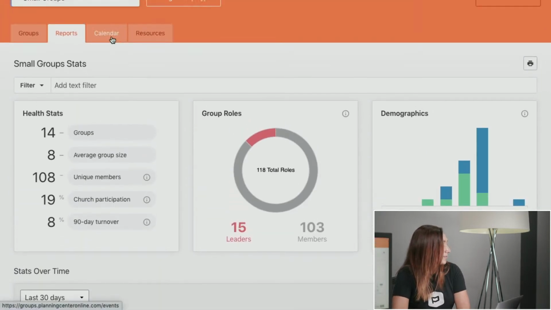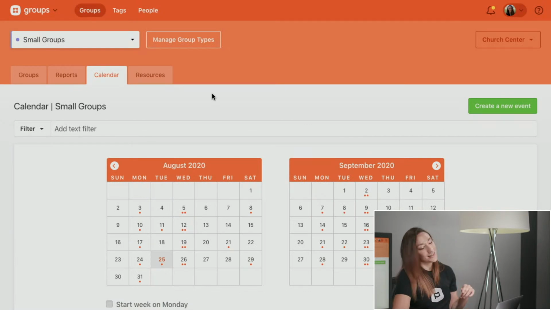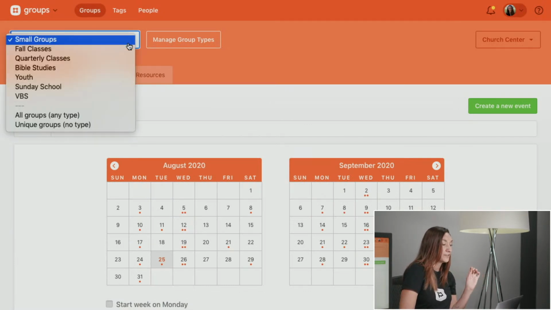So that is the reports page. And if you have specific questions about the reports page, we have documentation for that as well. The calendar is super fun in the main groups page as well, because when you're filtered to a group